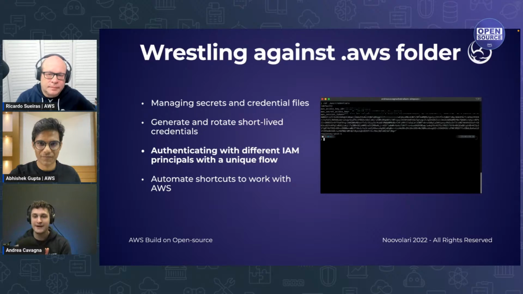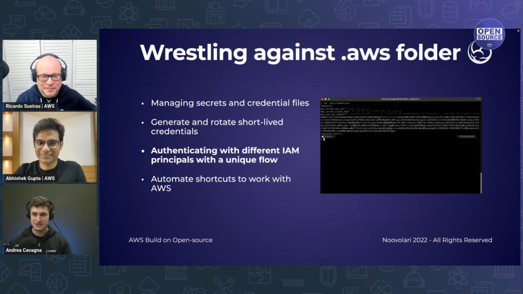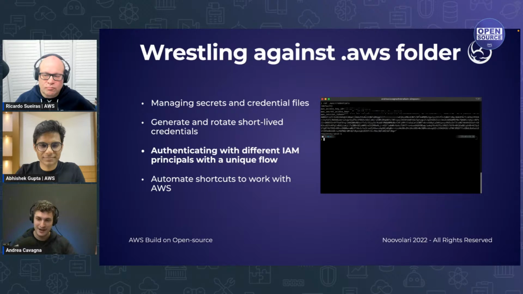As a developer, I was wrestling against the AWS folder. I had plenty of credentials, not secure, in a plain text file, which was something that I don't like at all. And the problem was that I don't want to manage those credentials in secret at all, because I'm afraid of what I can do and other people in my company can do.